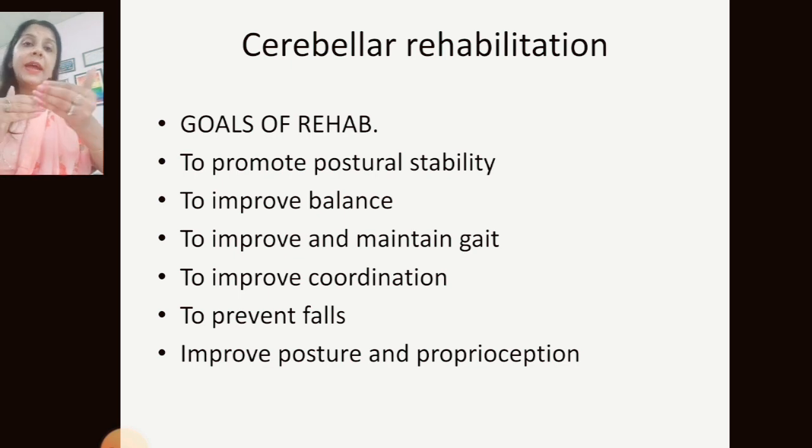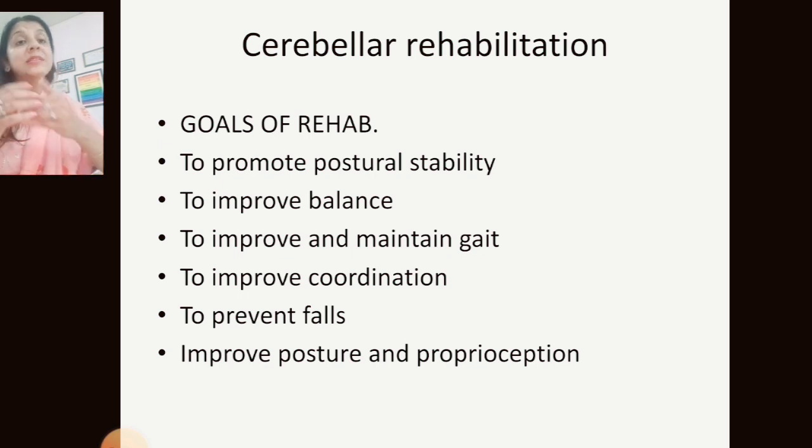Besides that, we must have static control first, then we work upon the dynamic part. If the patient is not able to stand, then the patient is not able to walk properly. If the patient doesn't have trunk control, then the patient is not able to sit properly. If we are working on the walking pattern but we are not working on the static part, then that protocol was wrong from the therapist's side. So we must summarize the goal first for any rehabilitation protocol.